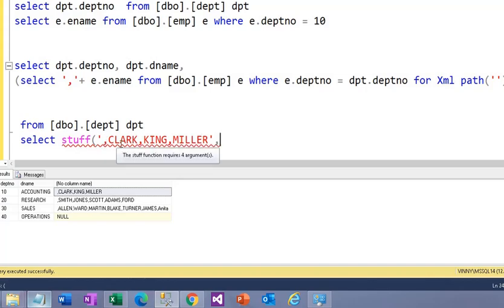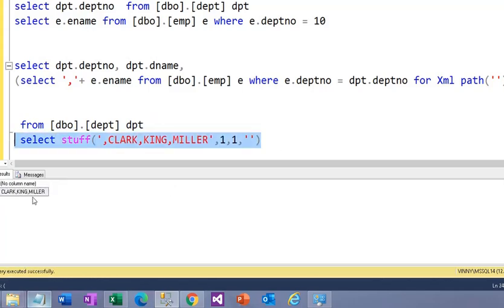Now I'm saying in this given string I need to replace the comma, so the position of the comma is 1, replace one character, and replace that one character with a blank string. Okay, so now if I run this, you can see I don't have that leading comma.